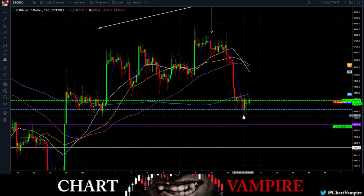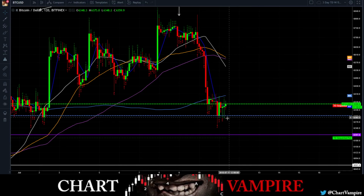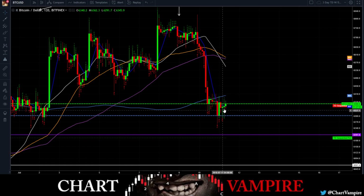The 2 hour chart, I see a rising wedge. This is just showing me a rising wedge. Lots of, I mean, these are quasi bullish candles right here. These are super bullish candles, you know. Now, I would like to see these at the bottom of a trend and not up here. But these are quasi